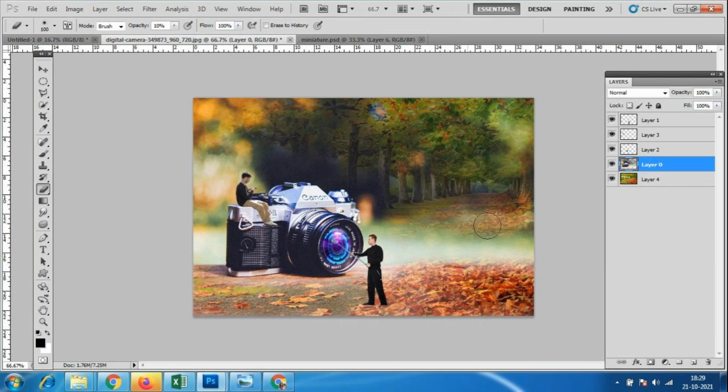If you learn the eraser tool and the polygonal lasso tool, both tools are enough that you can easily make collage work. Many things you can do with this. So two or three things we have collaged here, and we have this blur option also here.